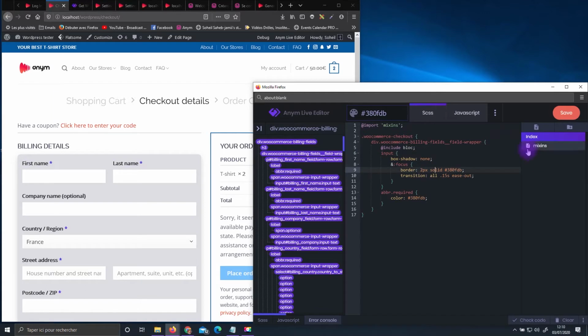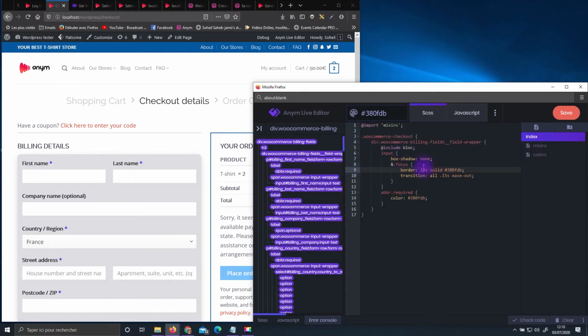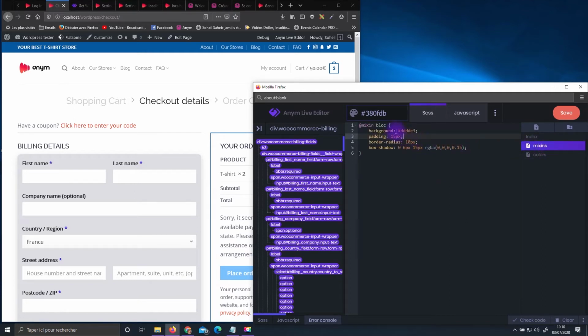Then I'm going to create a new file called colors, and I'm going to include some color variables. So let's start with the background color of my blocks. I will call it beige. I'm just going to take the color I previously wrote for the block, and I'm going to define the variable